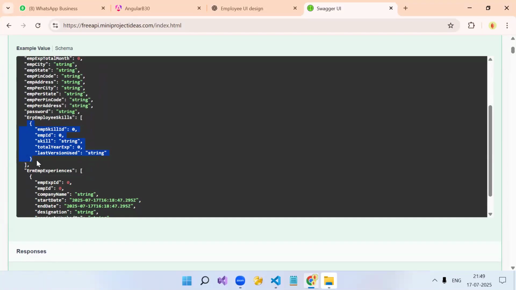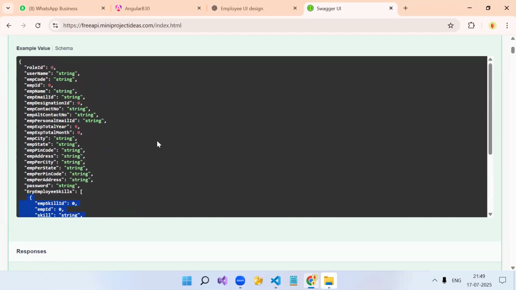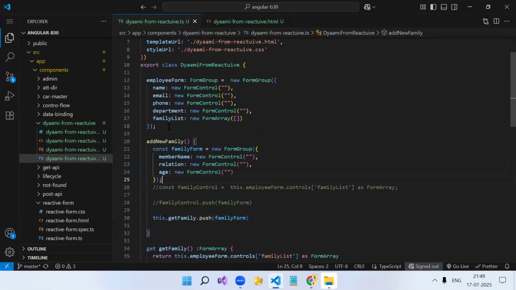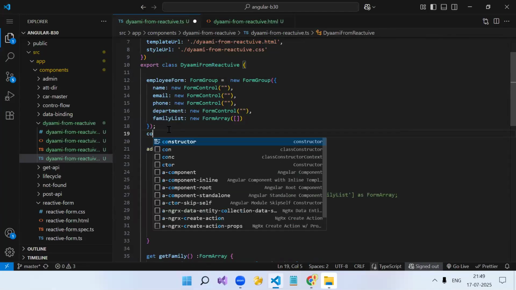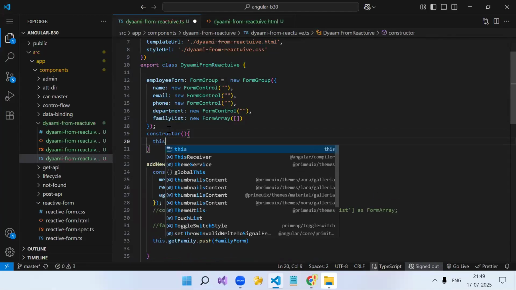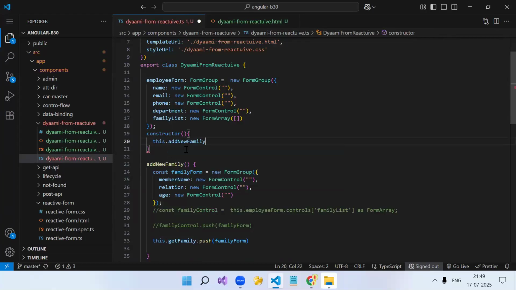Anyone having any doubt? Just the steps, what number of steps we have written. First, you create the reactive form with one control. Instead of going with the form control, you will have a form group like this. Let's say by default on the page load, you need to have one family group already added. So in the constructor, you will call this method on the page load.